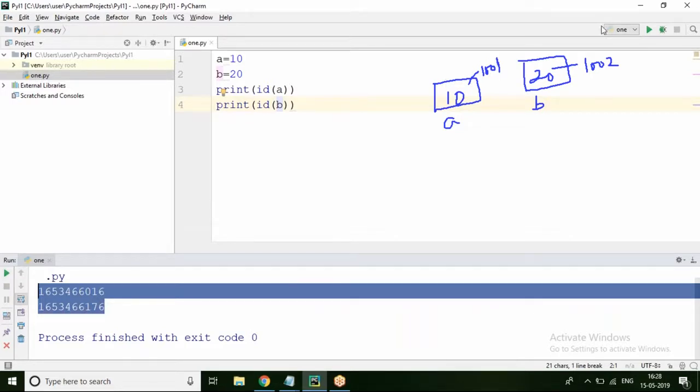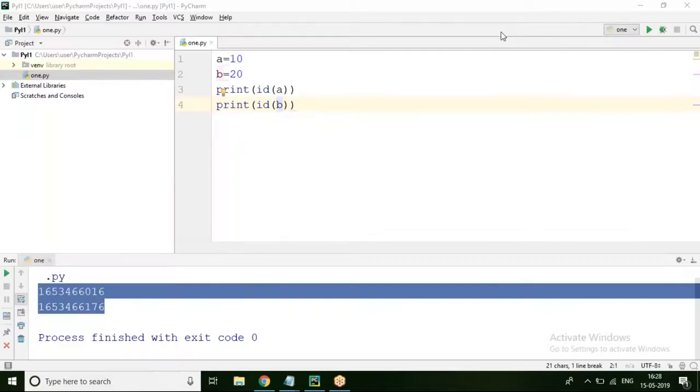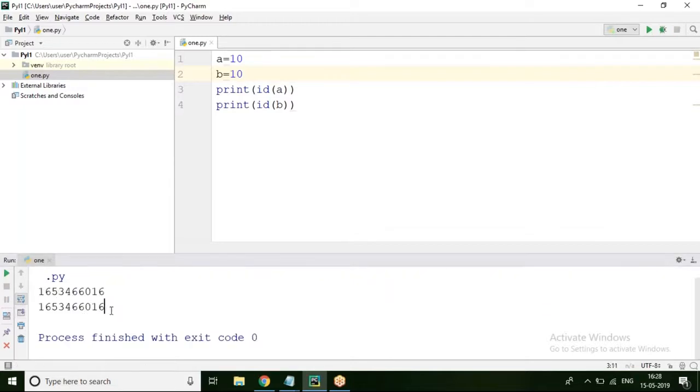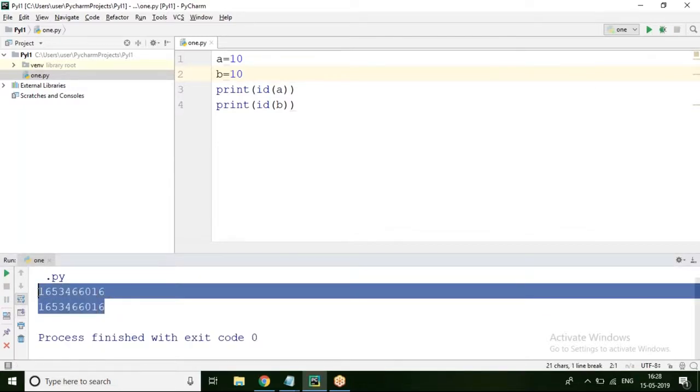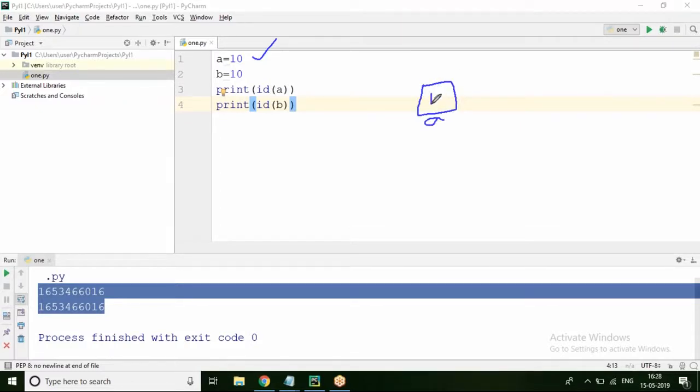But let me put it like this. If I give the same value, if you can see the result, the addresses are coming same. See, the values are same, addresses are coming same, right? Why like that? Just observe. Whenever this instruction is encountered, to any of the free cells, the name A will be taken and 10 will be stored into it. Let the address of A be 1001.